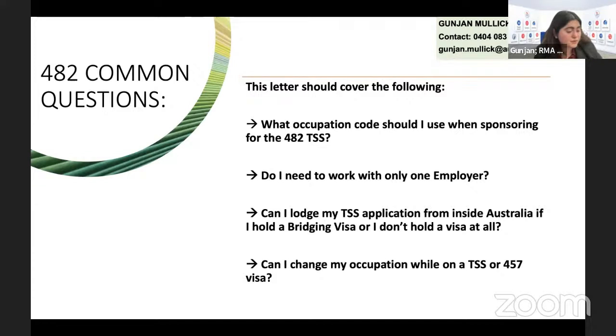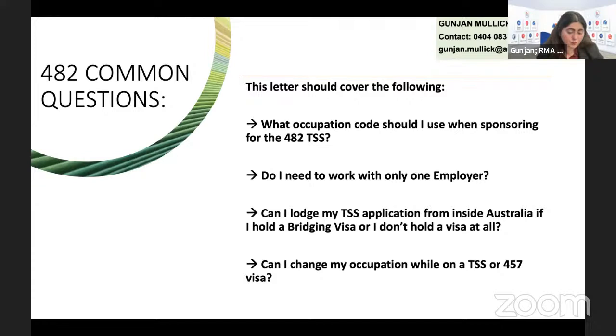Hamid is asking, do we need 2 years of experience at the time of lodgement, or can it be counted later? So for the 482, it is at the time of decision. A lot of people think that the work experience for 482 has to be met at the time of application, but it is at the time of decision. But I recommend that you do not lodge your application after completing only 1 year of experience, because what if your file opens within those 2 years? That may be a problematic situation. So I recommend, Hamid, that I understand 2 years is at the time of decision, but you still need to be careful about when you are lodging your 482 visa.